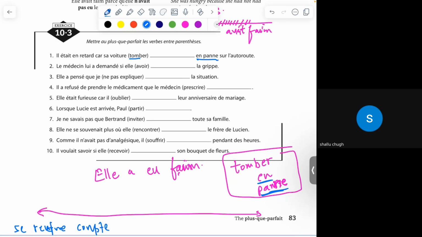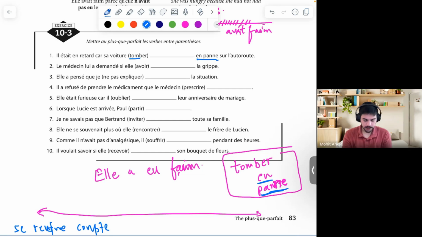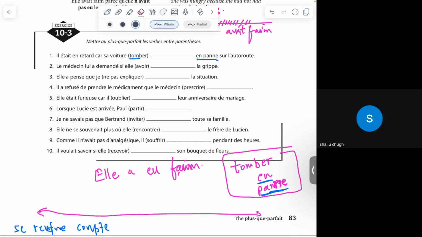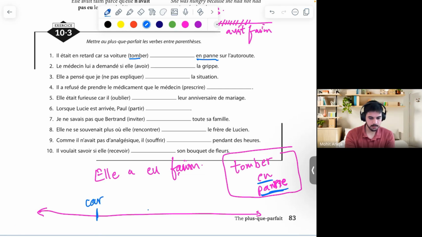He was late is already one action, and the second one: he was late because the car broke down, the vehicle is not working. वही। और on a timeline, past में इन दोनों में से कौन सा पहले आएगा, कौन सा बाद में आएगा? कार वाला पहले आएगा और late वाला बाद में. Yes, late वाला बाद में। Is this clear Aishwarya? What shall we do? Yes.